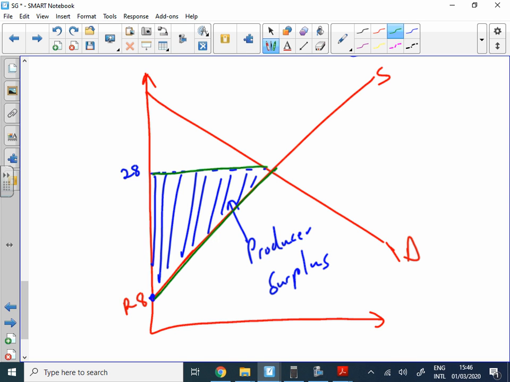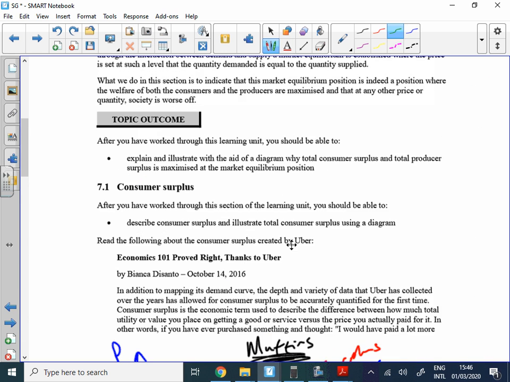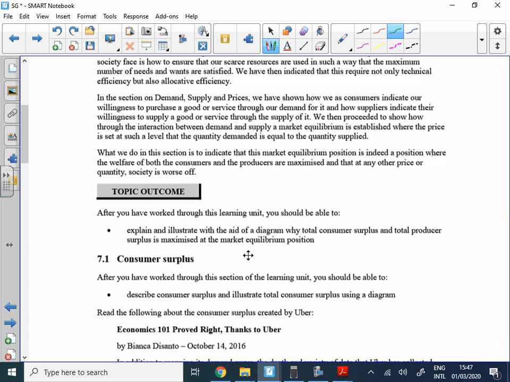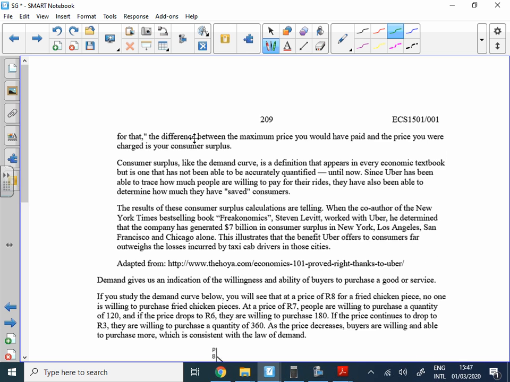Don't worry, we are going to get to it. I was just talking about it in general. We're still going to go back to our notes in terms of the consumer surplus first, and then we'll go to the producer. So consumer surplus, in terms of a definition,